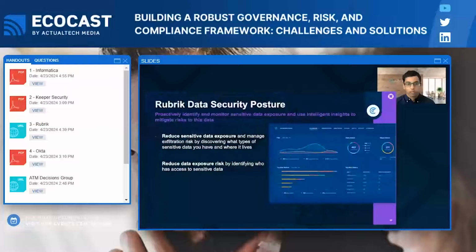So let's move on to data security posture. So what can you do with data security posture? You can reduce sensitive data exposure and manage exfiltration risk by discovering what types of sensitive data you have and where it lives. And you can also reduce this data exposure risk by identifying who has access to that sensitive data. Again, just like with data threat analytics, because all of this scanning is done on backups, there isn't impact to your production systems. So let's take a look at the services that make up data security posture, starting with